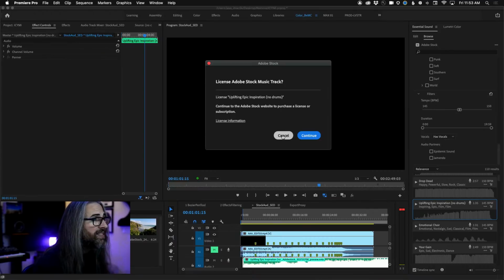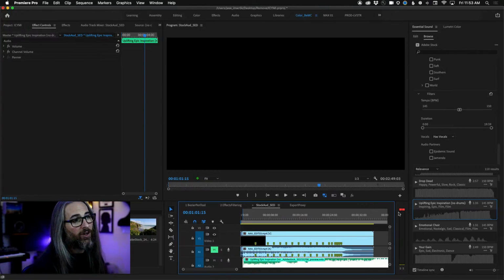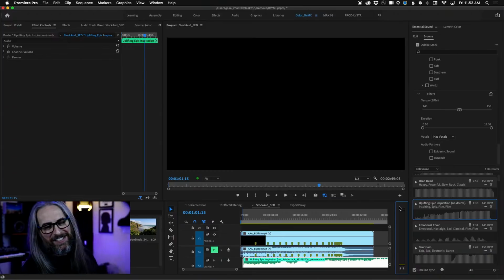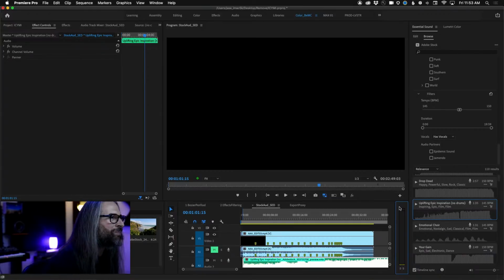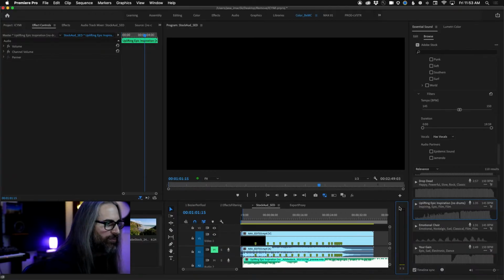And you can buy those credits in advance, which again means that you never have to leave the interface of Premiere to license your music. Real simple, integrated, easy. Nearly 38,000 tracks to choose from. Personally as a composer, I compose my own stuff because finding stuff that you like is super hard. But we've got tons of it, and I highly invite you to check it out. All right, so that is stock audio released in June 2020 for Premiere.